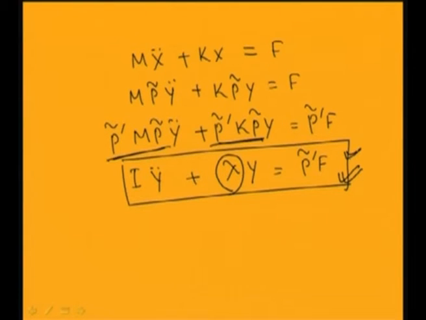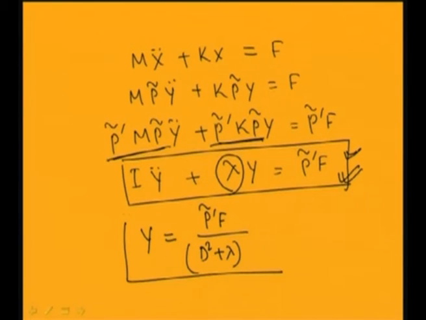So this equation, the solution can be written as y equal to the integral of the P weighted modal matrix transpose F divided by (d square plus lambda). By taking different functions f, you can find this y of the system. So let us take this spring mass damper system and write this equation.